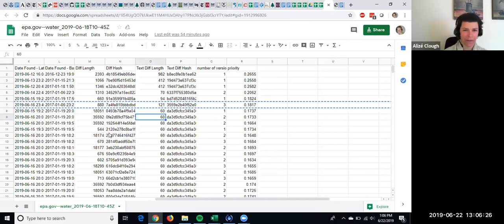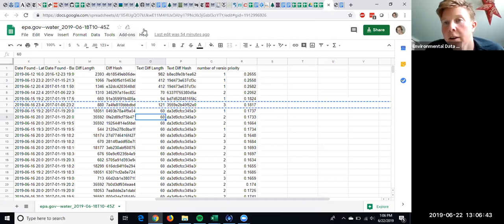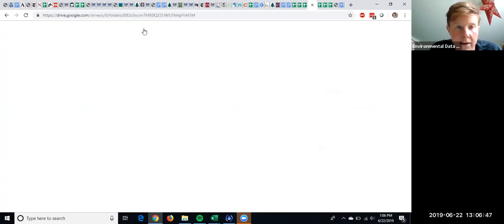I think the bit that I was missing is, how do these get refreshed then? And what I'm seeing is it's actually epa.gov water 2019-06-18. So you'll just have a file every week, so there's no fear of things getting overwritten or having to remove things or things get added. That's what, yeah. And you can find all of them in